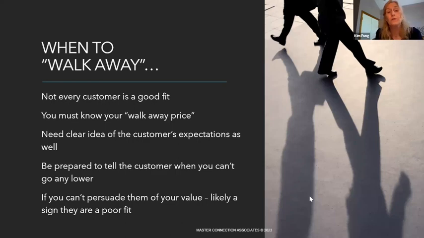Because I feel like if you have to persuade somebody too much about your value, it's likely a sign that they're a bad fit. So back to Francine's group, who's been in the campgrounds, maybe this just isn't the right fit for them, right? It's just not going to ever fit in their budget, and they're going to have to rethink what their expectations are around that.